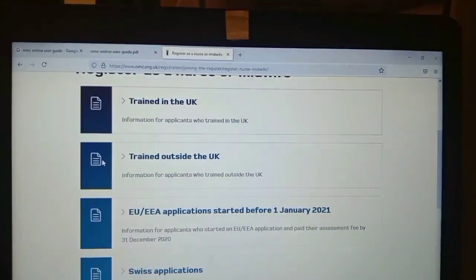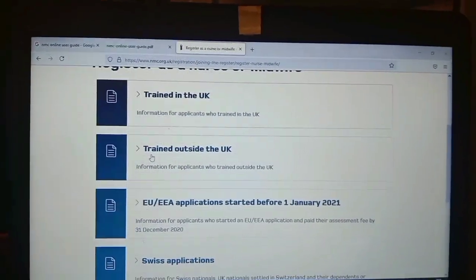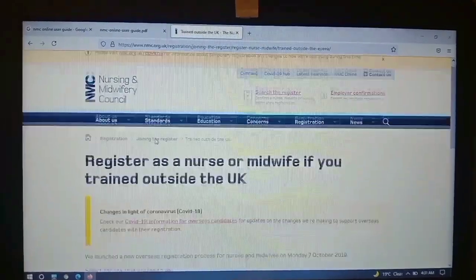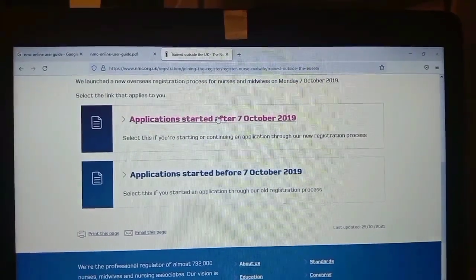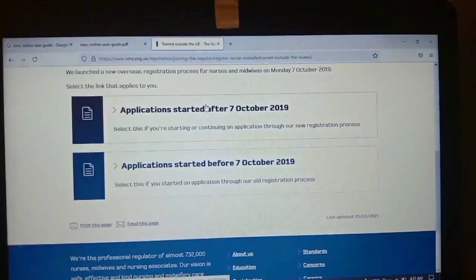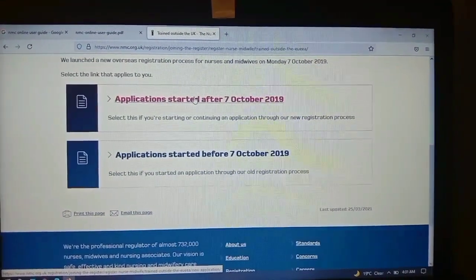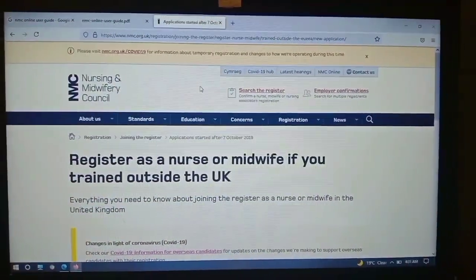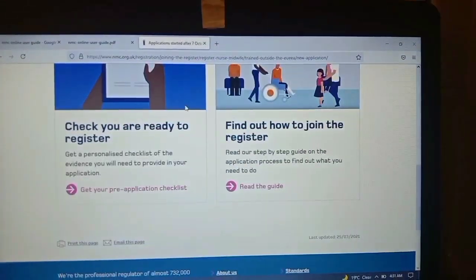If you are trained in the UK, you can go for this option, but we Indians are trained outside the UK, so we'll choose this. The application started after 7th of October, because before 7th of October it was the old process. So the candidates who are doing this after 7th of October, which is now, should go on to this process. Once you go in there, you will see this page.